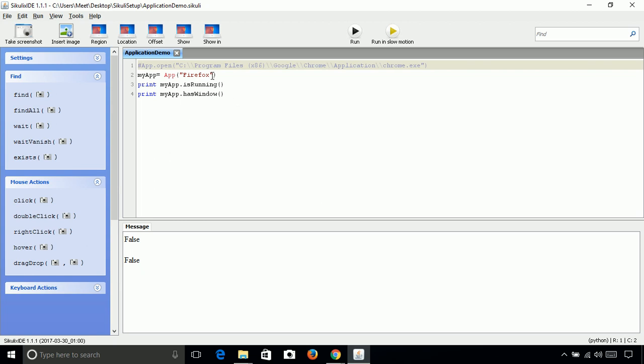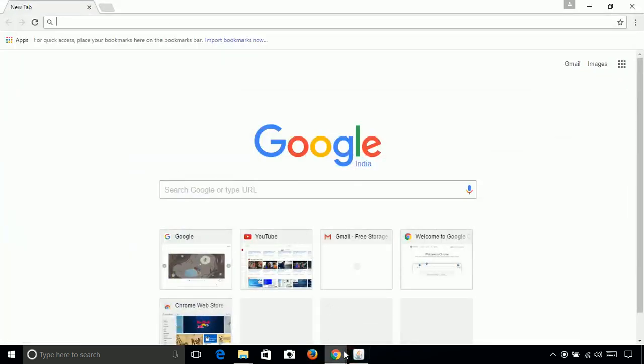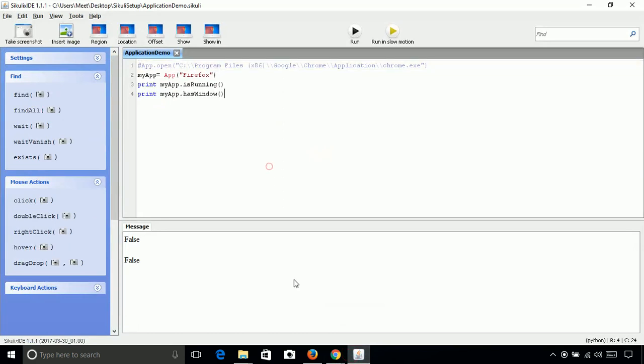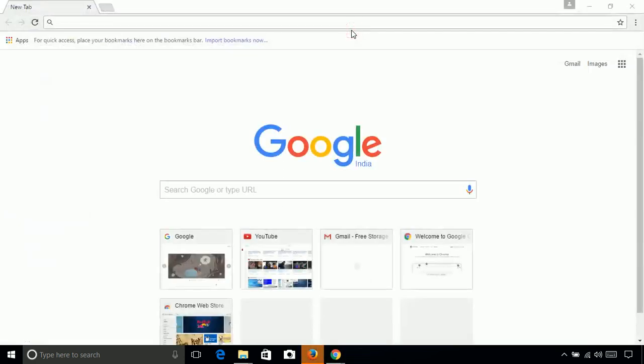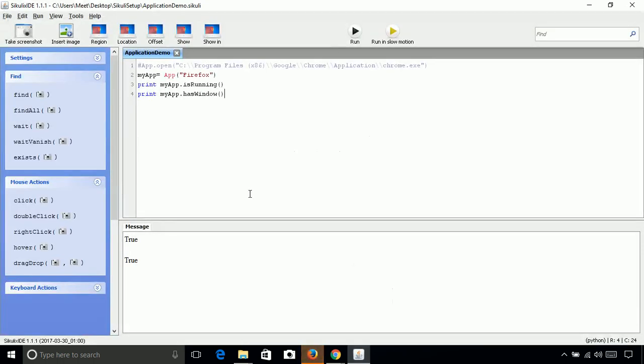No Firefox window is running, so both functions have returned false. Now let us open Firefox and run again. Firefox is opened. So now let's run again, and both functions should return true. So you can check whether the app is running and has a window by using these functions.